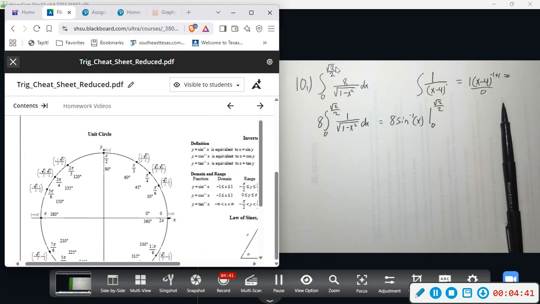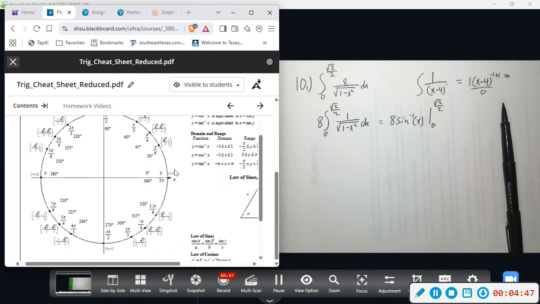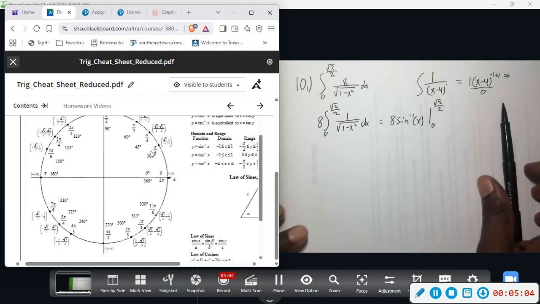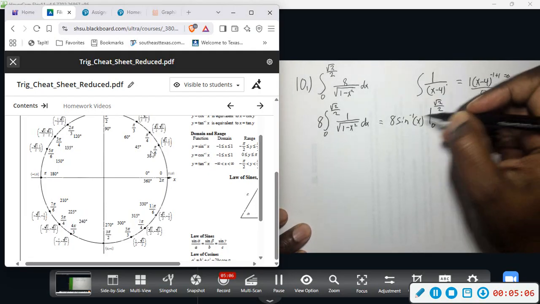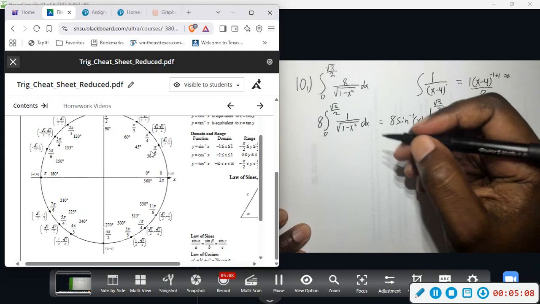So when we plug in square root of 2 over 2, that's going to land us here or here. But since we're looking at a positive y value, that's going to be the one in the upper quadrant. So square root of 2 over 2 for the y coordinate is right here. That's going to give us pi over 4 or 45 degrees. So just so we're aware, when I plug this in, I'm going to have